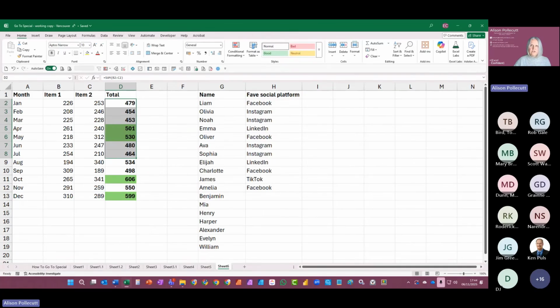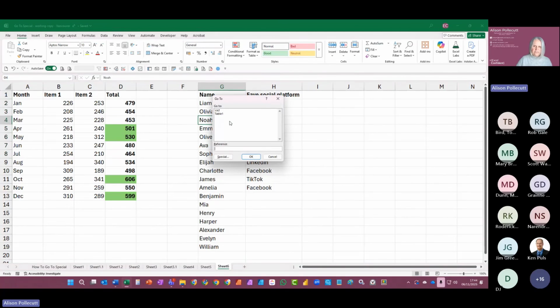Okay, so data validation. For me, I feel data validation is a bit like conditional formatting. It's there, but it's not always that easy to spot. It's kind of hidden away a little bit, which is great. It's a great tool, but where exactly do we have that set up? Particularly so, I think, with data validation. So let's go back to